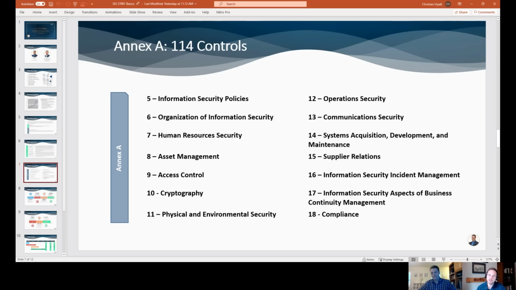So that becomes quite a large section, as you pointed out earlier. Yeah, definitely. 13, communication security. So that's all about data moving, the communications of the network, of the applications. It's about making sure that you're securely transmitting data. It's to prevent man-in-the-middle attacks, things like that.